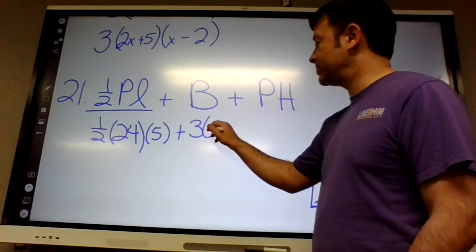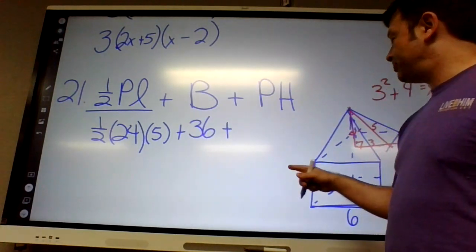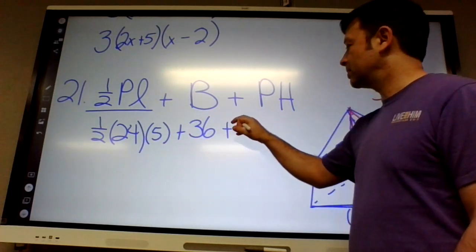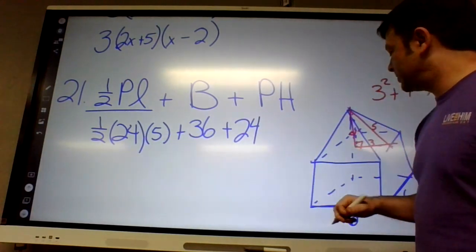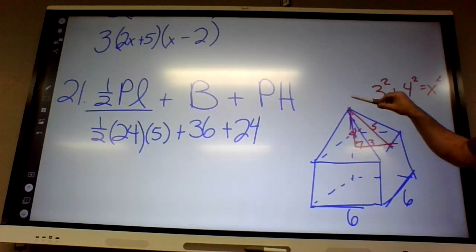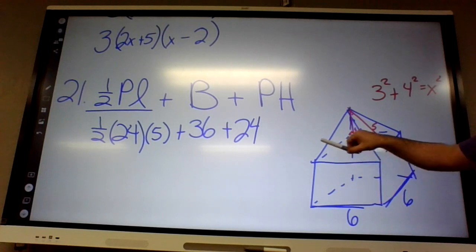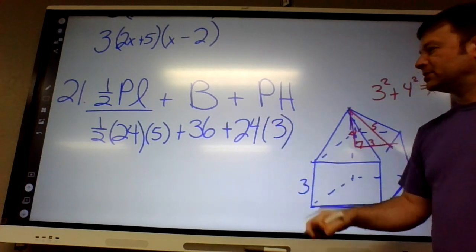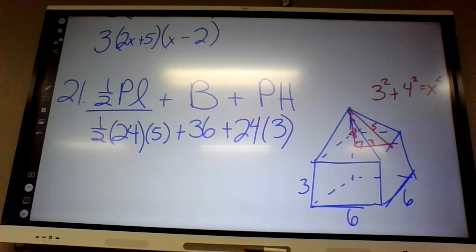So that's the bottom of the thing. And then the perimeter is still 24, just like it was over here, times the height. This time we're not talking about the height of the pyramid, we're just talking about the height of the prism, that was a 3. So all that will do it. It's quite a bit of work. I think on the homework I made this one like a bonus, but